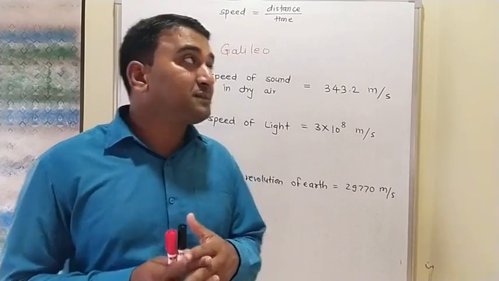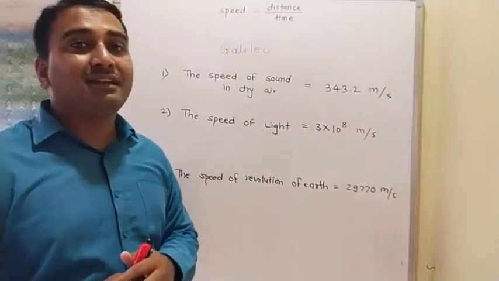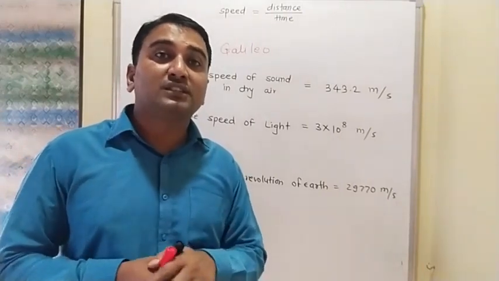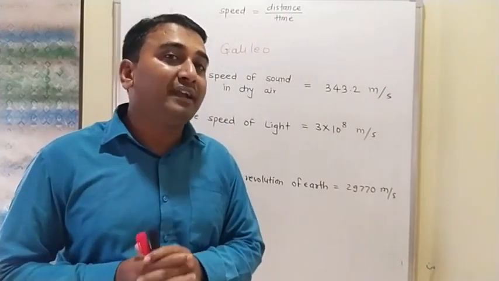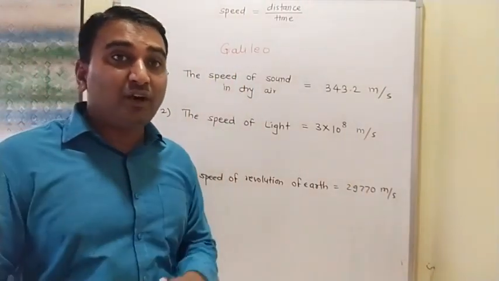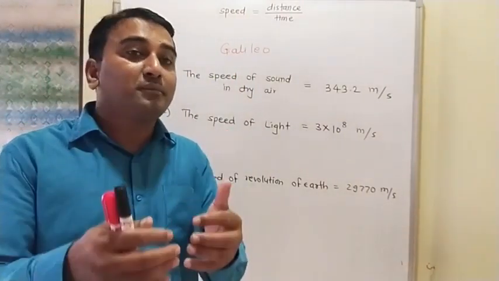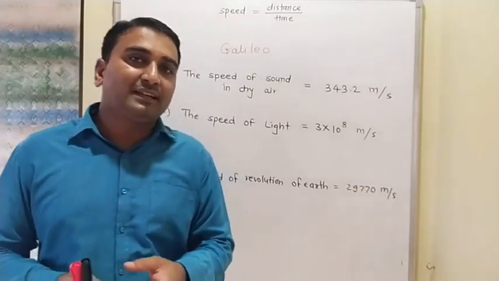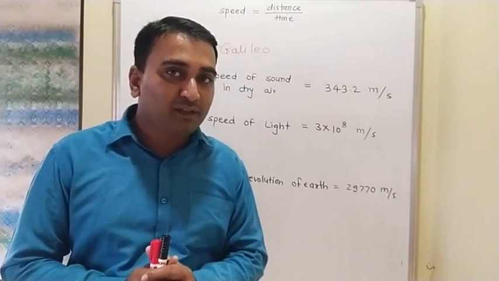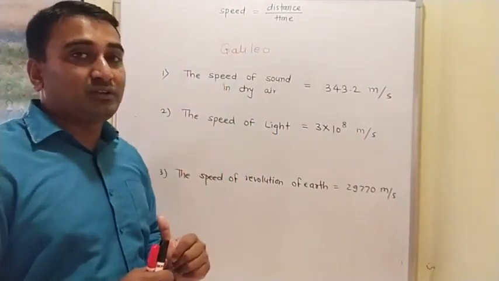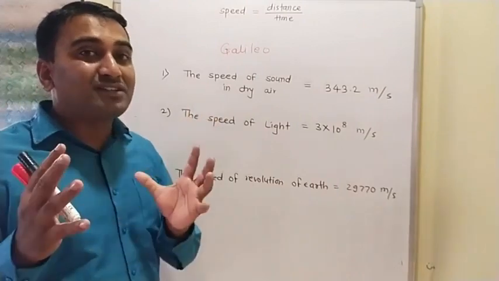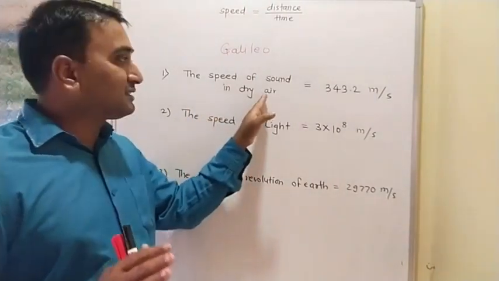Then what is speed? Speed is nothing but distance divided by time. Who first used this equation to find speed? That scientist is Galileo. So Galileo put forth the theory of how to measure speed, that is, speed is equal to distance divided by time. From his equation we got the speed of sound in dry air, not moist air, the air we are discussing here, that is